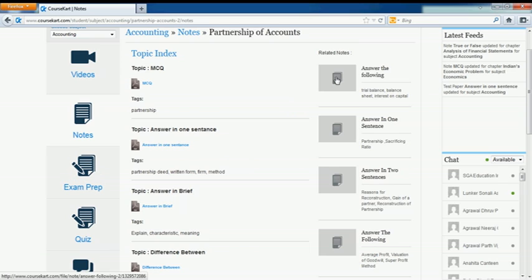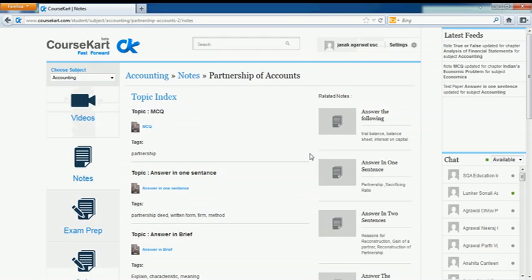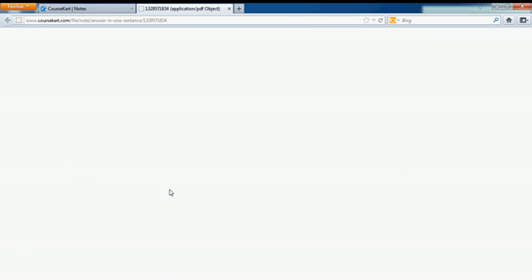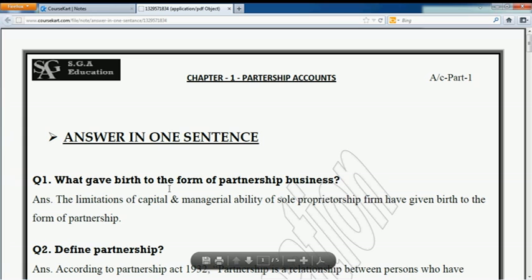So as you can see on the right, we've provided a basic tagging mechanism to the instructor so that we know what topics are covered in the notes, then we can provide you with an accurate related section. So let's say I want to study MCQs, or maybe answer in one sentence. So I click on answer in one sentence, and in a very clean and neat way I get this opened